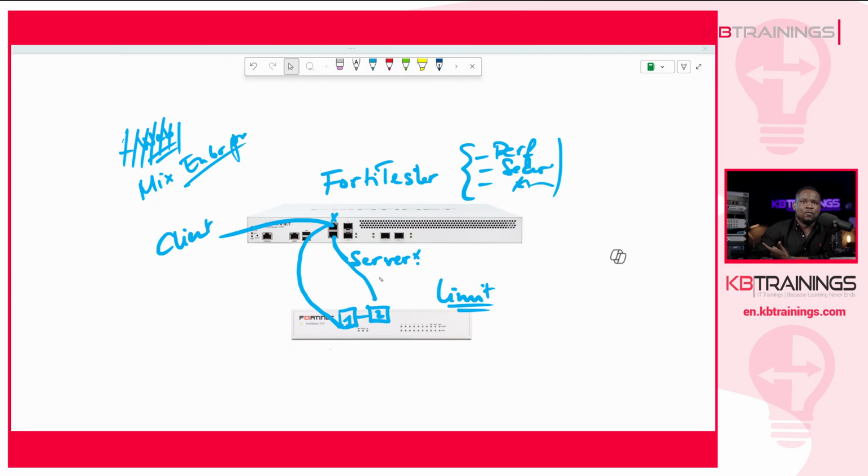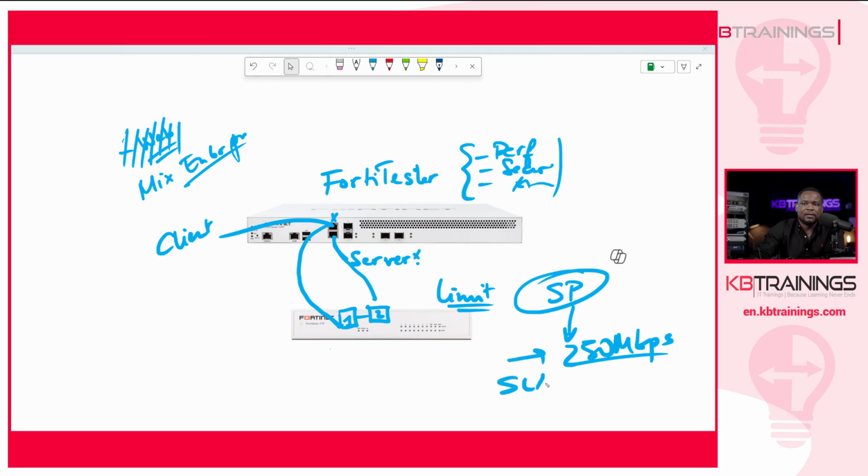And why would you do that? How would that help? Let's say, for example, you have a service provider giving you 250 megabits of connection speed, and you are required per SLA to stay below this bandwidth. So what you want to make sure is that even if your connection is 1 gigabit per second, at any time in your network, you stay below 250 megabits per second. Because if you go beyond it, you may have some fees or charges added to your account or things like that. So if you want to control the bandwidth or limit the rate on a certain interface,